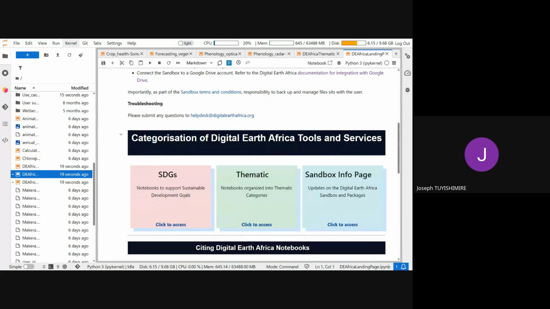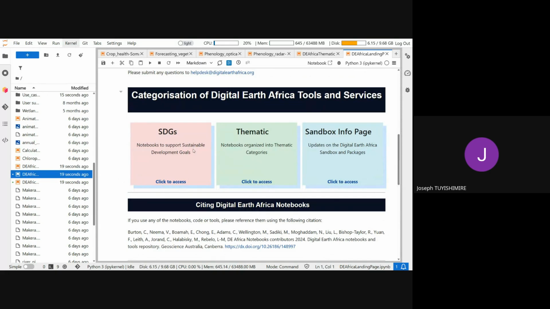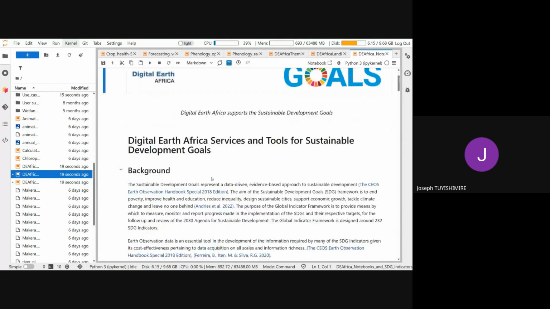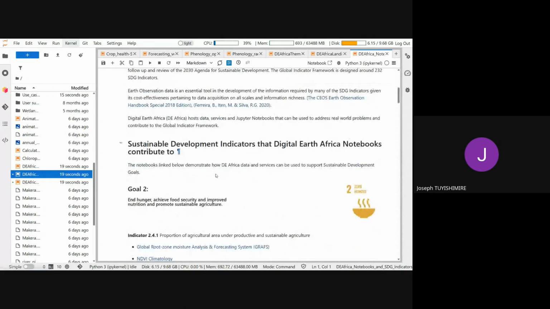And down here, there is some categorization. Our notebooks are summarized by SDGs, because we think it's a good way of informing several priorities that aim at achieving the SDGs.